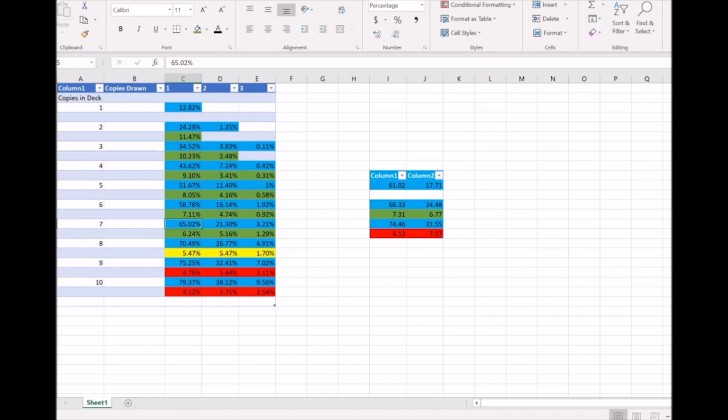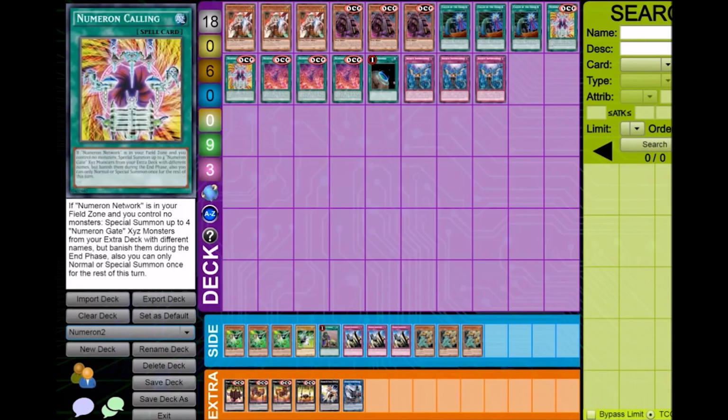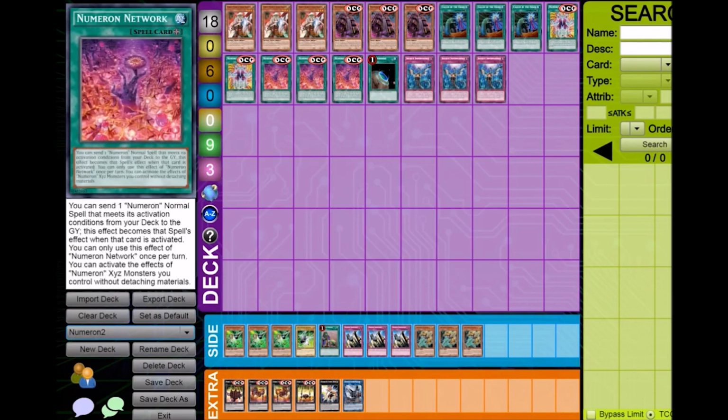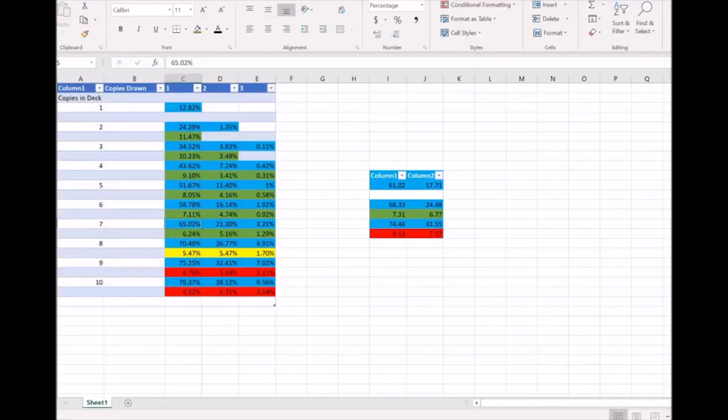This isn't 100% accurate because the Numeron Calling can also still be drawn. So that's more or less a brick. You can't really use it. Well, what you can do is if you draw both Network and Calling, then you can just hard play the Calling instead of using Network, and then you actually can't get ogred. So that is one small advantage of drawing it, but basically the chance of drawing a dead card is slightly higher than these numbers here